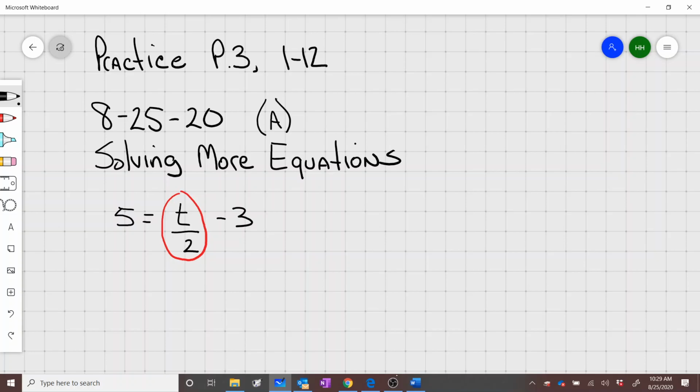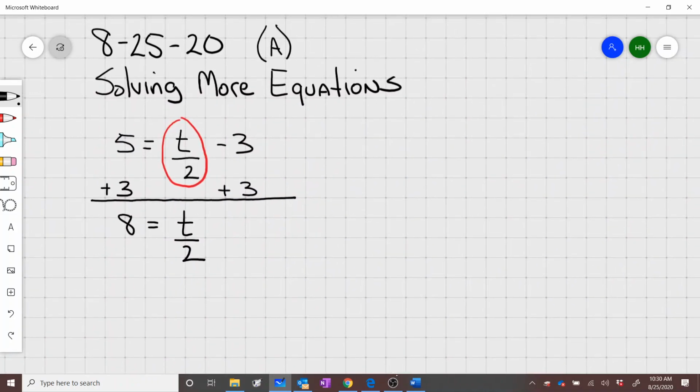So you would add 3 to each side, right? So if you add 3 to the right and you add 3 to the left, then on the left-hand side, we get an 8. And 8 is equal to t divided by 2. Now, there's an operation in math that's called the inverse operation. It's a fancy term for doing the opposite of. This t right now is being divided by 2, isn't it? What's the opposite of dividing by 2? To multiply by 2. So right now, to solve for t, if we multiply both sides of this equation by 2,